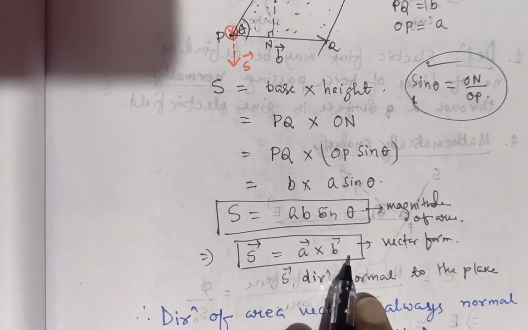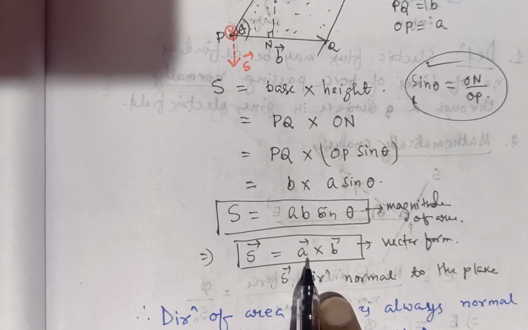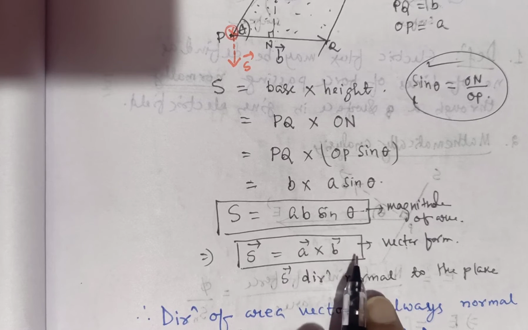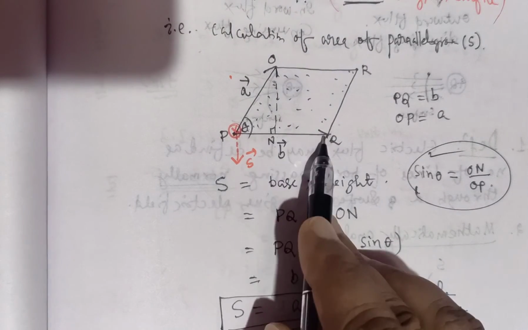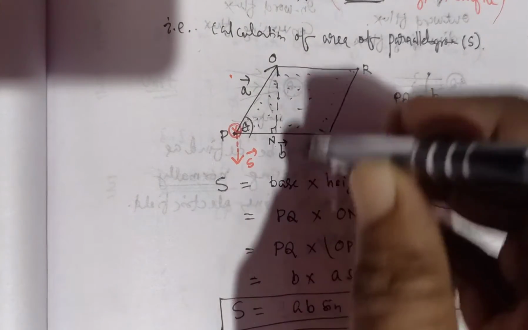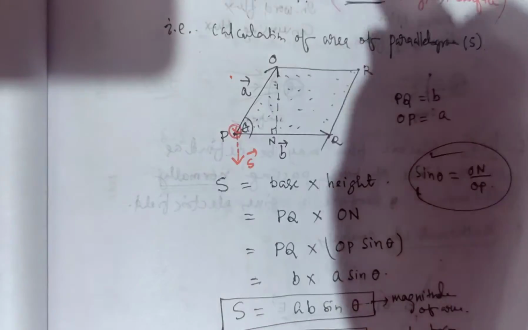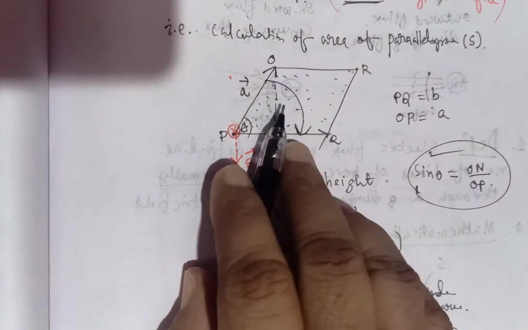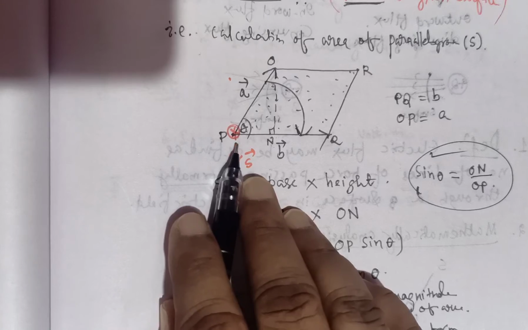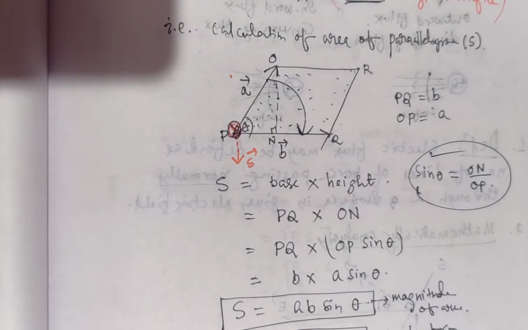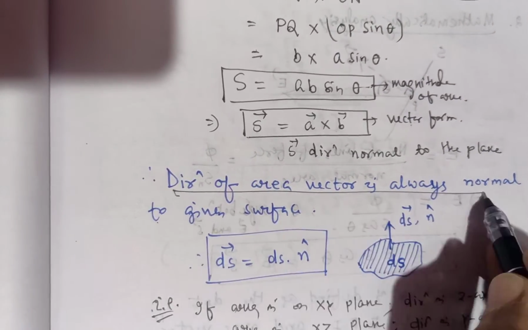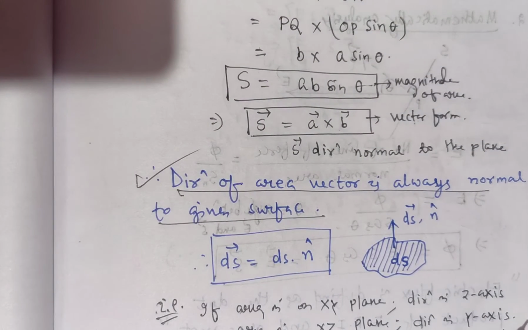Again, from the definition of a cross product, you already know that the direction of a cross product is perpendicular to the plane of A vector and B vector, obeying the right hand screw rule. Here the plane of A vector and B vector is here. This one is A and this one is B. So the area vector must be perpendicular to the plane, either outwards or inwards. Here you see A to B is in a clockwise direction. That's why the direction of the cross product here is vertically inwards, represented by a cross mark. Now from this example it is clear that the area vector is always perpendicular or normal to the given surface.